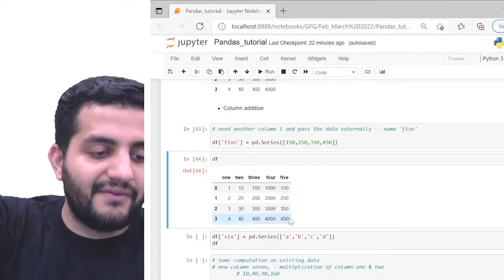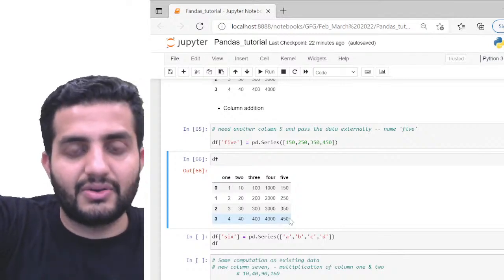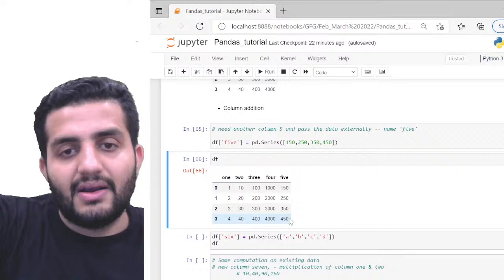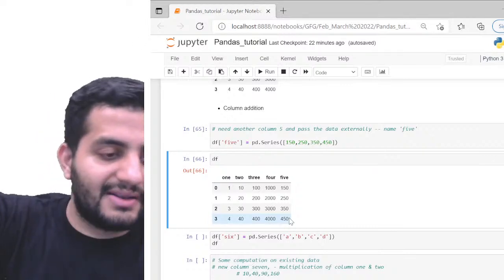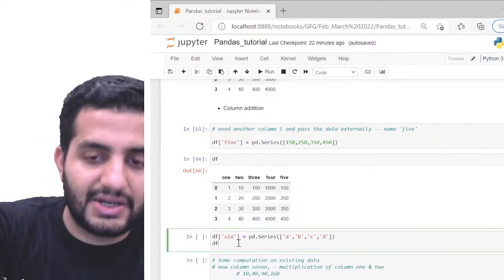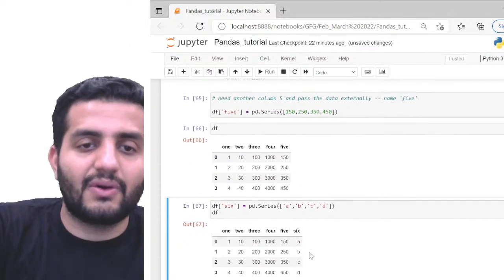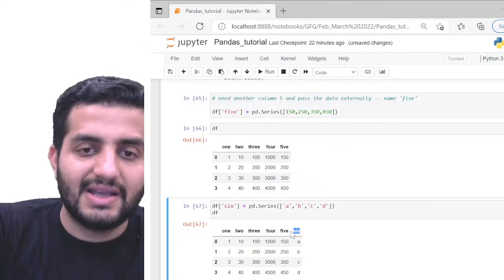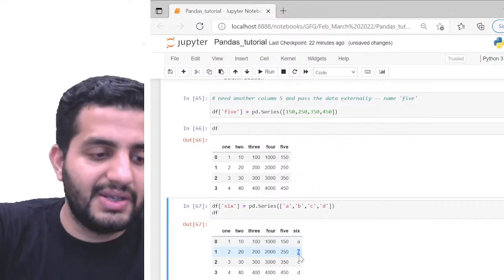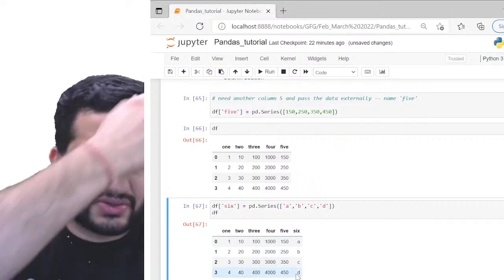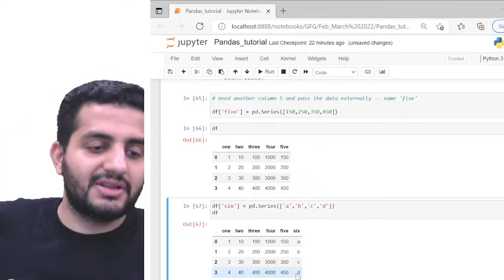I can still have actual strings as well. So if I do it like this, df of 6, we can also add another column SIX, which in this case is A, B, C, and D. So I can have this column A, B, C, and D. Pretty much still possible.